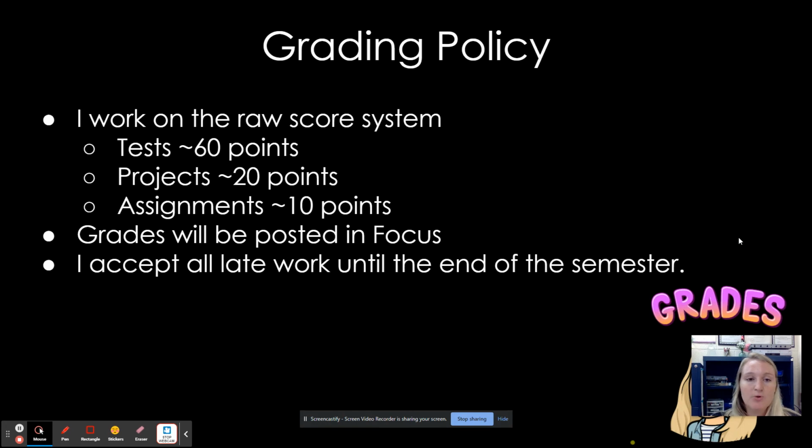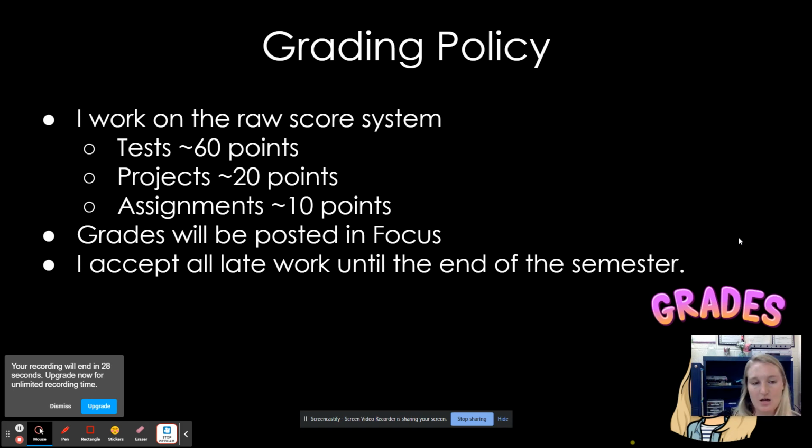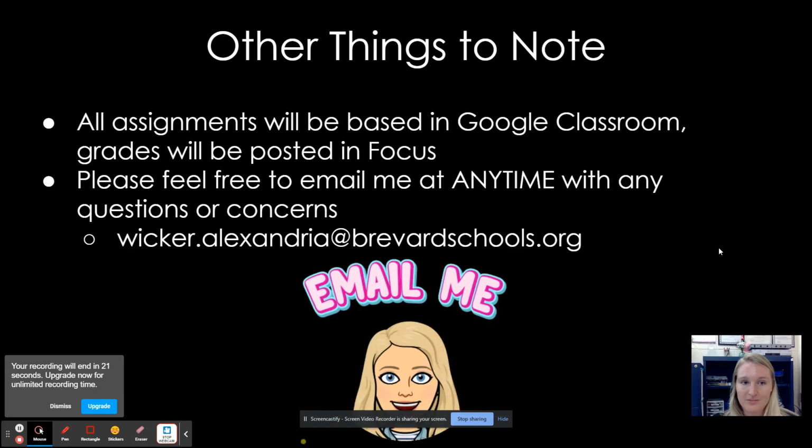Grading policy. So I do a raw score system. I don't do any weighting of the grades. What it works out to is tests are about 60 points. Projects will be about 20 to 30 points, and then assignments are about 10 points. There will be a lot more assignment and project grades than test grades. It generally works out to being like 3/4 assignments and like a quarter test. And I post all of those grades on Focus, and I accept all late work until the end of the semester. Just another quick thing to note is everything will be based on Google Classroom, everything students need,